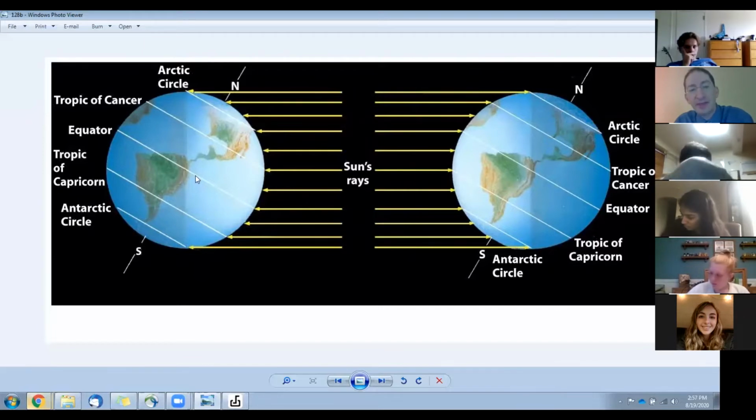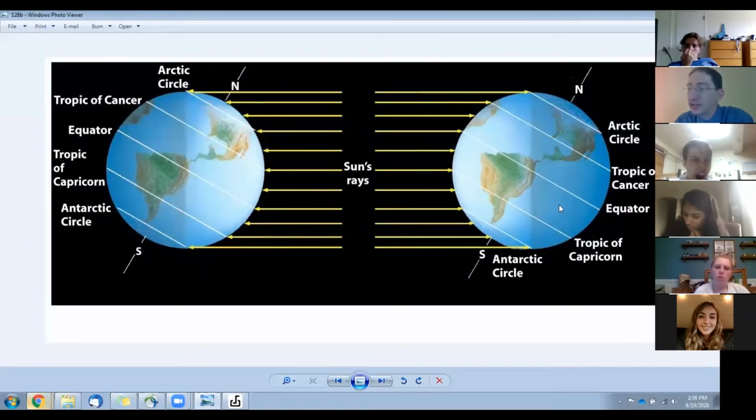Now down in the southern hemisphere, as we move away from the equator, we have a large fraction of the globe in darkness and only a small fraction illuminated. So as we go farther south, in the winter configuration in the south, the nights get longer, the days get shorter until you get to the Antarctic Circle and it's 24 hours of darkness. Of course, when we go to the other side of our orbit, everything's flipped. Up here in the northern hemisphere, we have a small fraction illuminated, so short days, long nights. And in the southern hemisphere, it's their summer, a large fraction illuminated, long days, short nights.